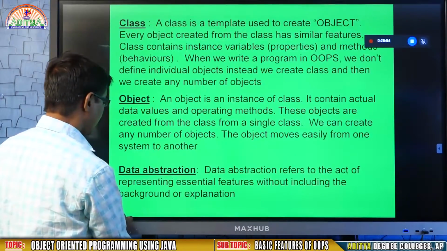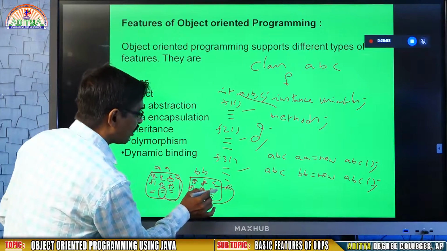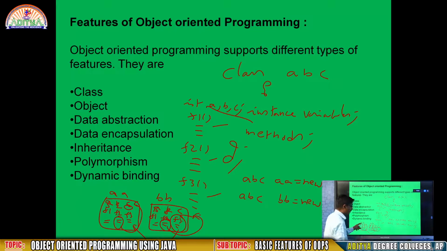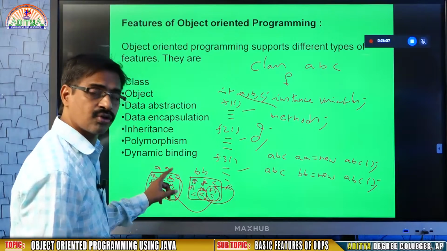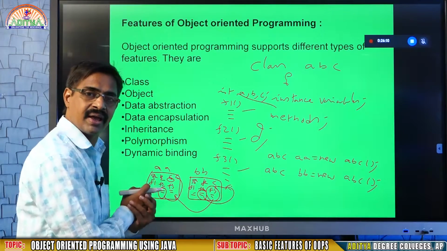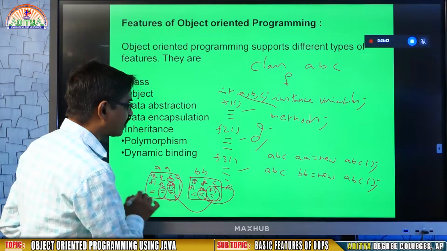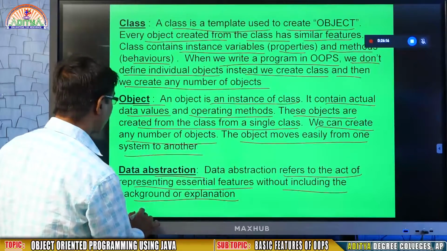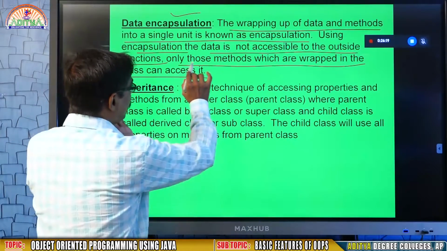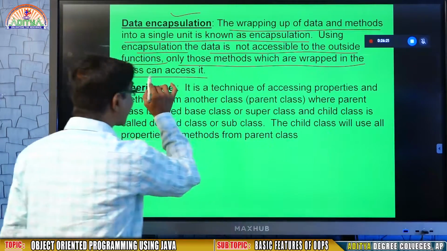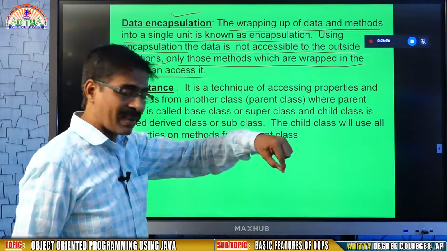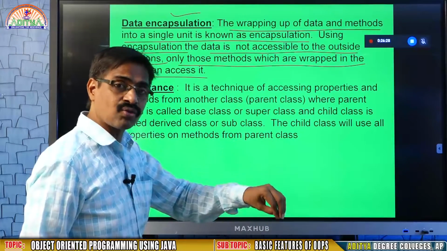In my example, if I take the F3 method from BB to print the value of C that is from AA, that means the method of BB is not possible to use to operate AA, because AA has its own methods, BB has its own methods. So that is what is called encapsulation. Only those methods which are wrapped in the class can access it, not another class, not another object.